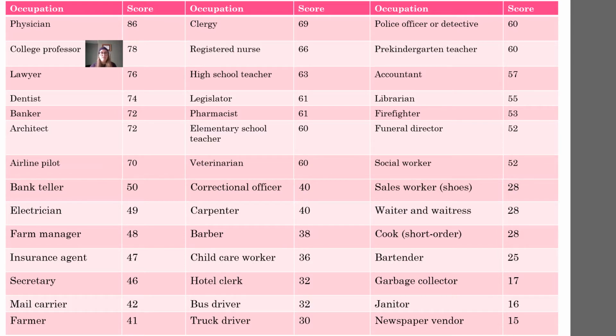And this is what's known as the prestige scale. So it goes from 0 to 100, and you can see all the different occupations as well as the score that someone has. So according to this, and this is just one way to systematically measure prestige, an objective measure, just to see exactly how in